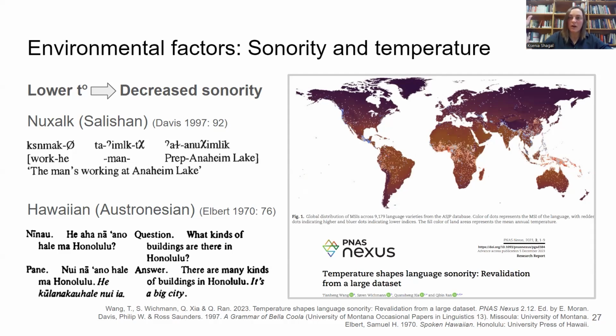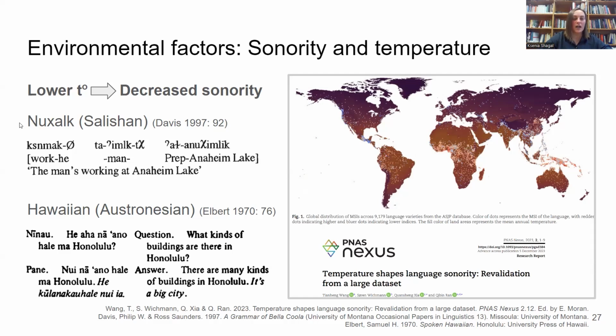Vowels, then semi-vowels, then all kinds of consonants up to voiceless consonants. So they have this scale, but if we really want to make it simple, the more voice you use and the more vowels you have, the higher the degree of sonority in a language. And the idea is that lower temperatures in where the language is formed lead to decreased sonority. And indeed, if we want to take a look at some anecdotal evidence, we have two